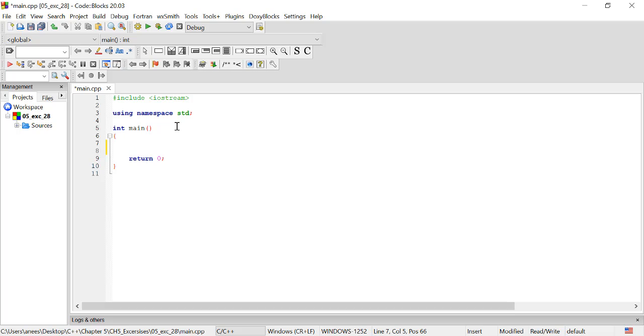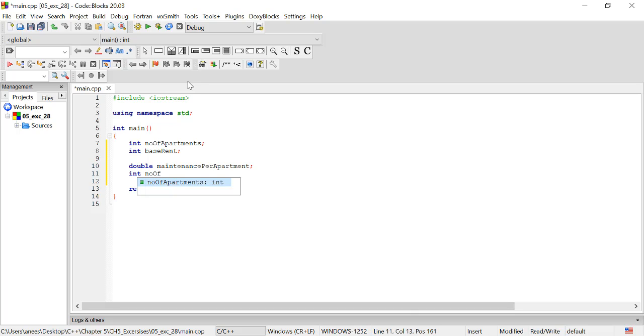Now, the first thing you want to do is declare a couple of variables, as it says. Now, we're going to declare the variable int number of apartments, int base rent, which pretty much means the rent when all apartments are occupied, double maintenance per apartment, int number of apartments rented,